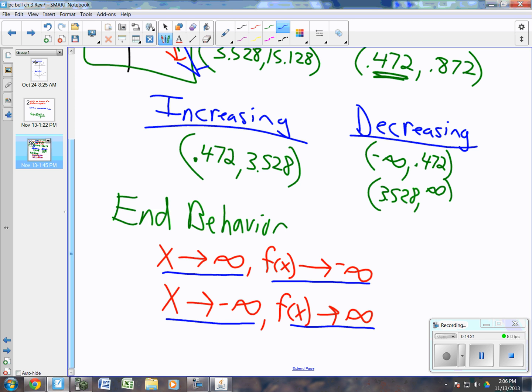No, it won't. You got to look at it. Sometimes functions go like this. Their end behavior is like that. Goes up to the left and up to the right. So as x goes to negative infinity, y goes to positive infinity. As x goes to positive infinity, y goes to positive infinity. If it goes like this,